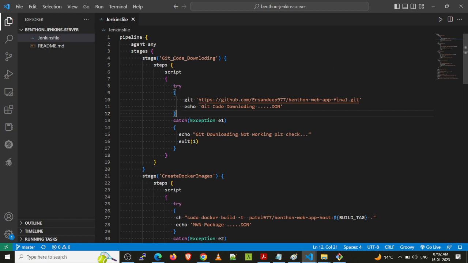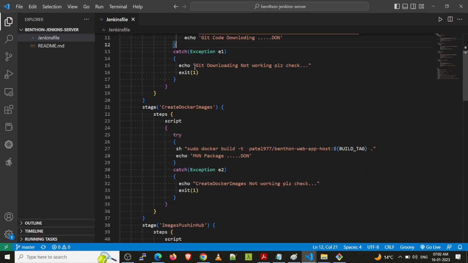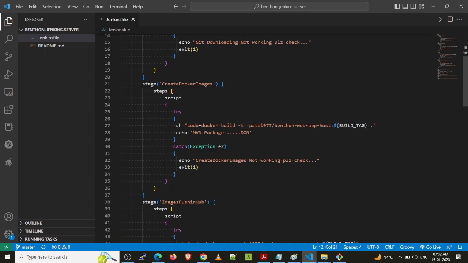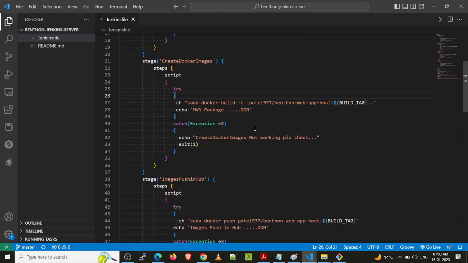So first we have the git code stage. It means first we download the code, and after that we create an image. Inside it we use docker build -t with the name Patel977, and we use the build tags. So we have to use these things. This command creates an image using a Dockerfile.